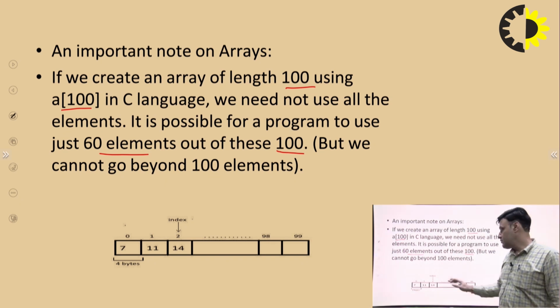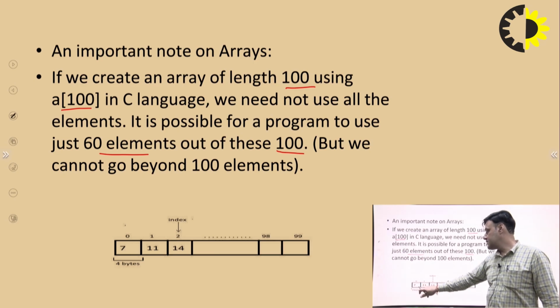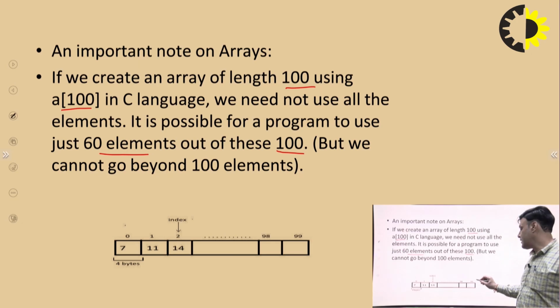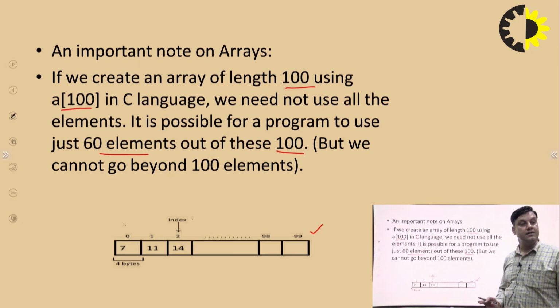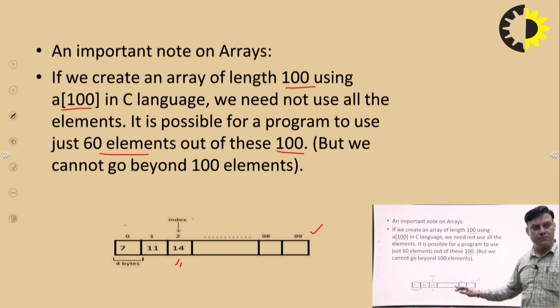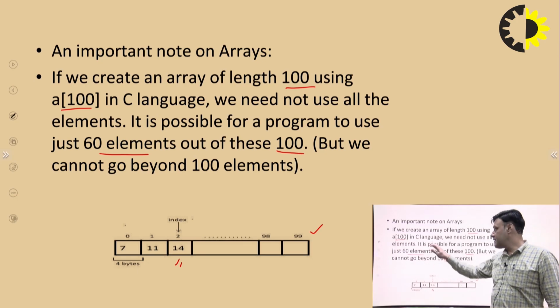Right, students? So for example, zero index position. For example, the size of the data type is 4 bytes, another 4 bytes, another 4 bytes. Similarly, 0 to 99. So 100 elements can be stored here, but I am storing only 3 elements, for example. That memory concern is a little bit different. So we will try to take the memory size according to the number of elements.